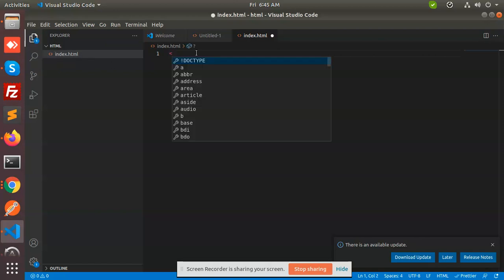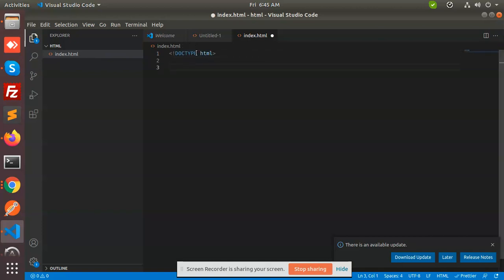First step is we have to mention the doc type. After that, this is a basic syntax: doc type HTML, or you can also simply write the HTML tag. There is an opening tag and a closing tag of HTML. I have already added the HTML tag with opening and closing tag. With this we have